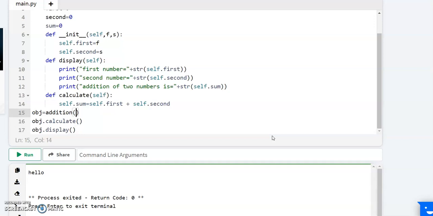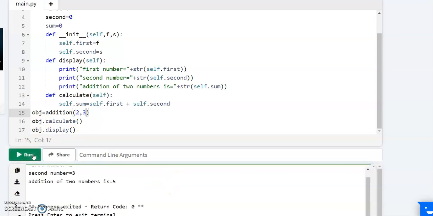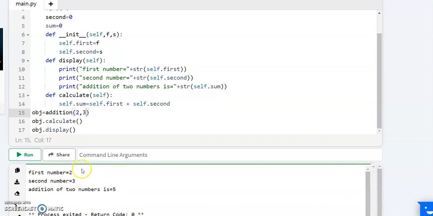We need to give some parameters here, right? I've given 2, 3. Let's check by compiling. First number is 2, second number is 3, addition of 2 numbers is 5.